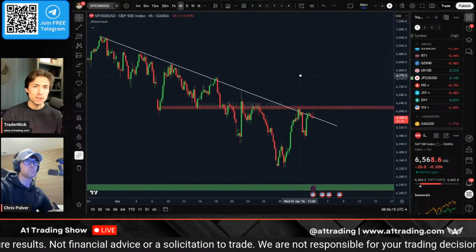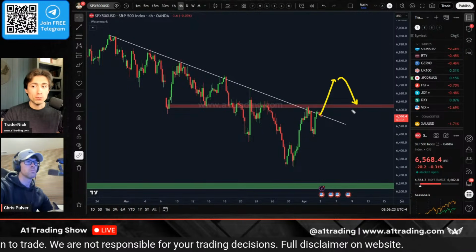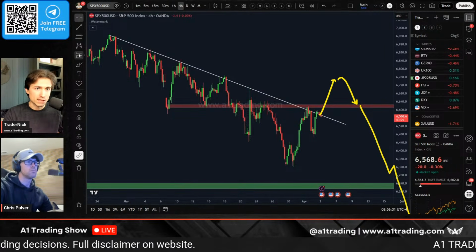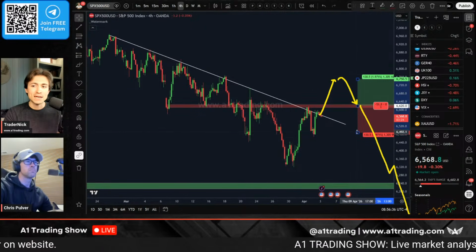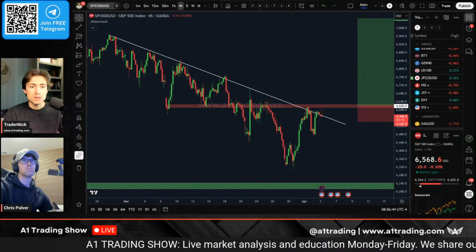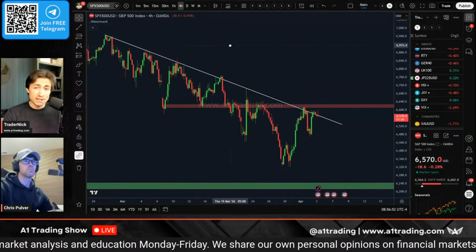But let's paint a picture, at least in my own trading. If I see this type of move and we break above that 200-day moving average, to your point, could that be a false breakout and then we see the real second leg lower? Definitely could happen. For me, how I'd probably play that is, I think there's enough room. If you get real good technical price action, a breakout there, and a pullback into this, I'd probably put this on. And if it loses, out of the way, let it do its thing. Or maybe we do climb the wall of worry. But to me, that would be where a risk-defined long setup on SPX, maybe next week, depending on what happens,